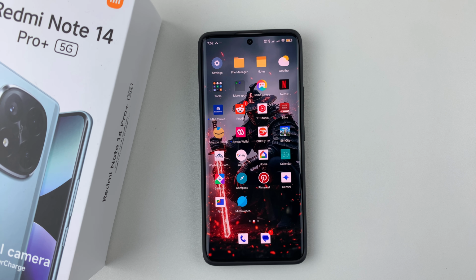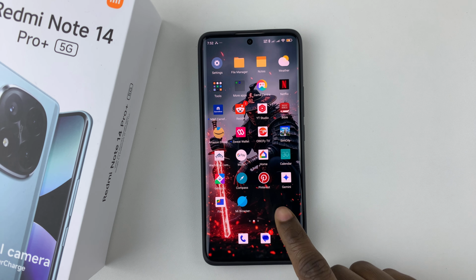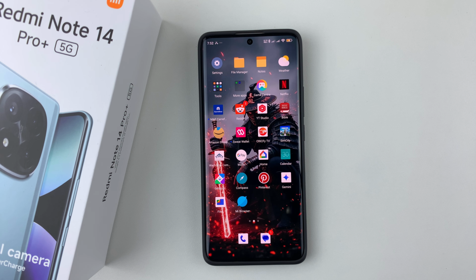Welcome back. In this video, I'll show you how to enable the caller name announcer on the Redmi Note 14. So I'm using the Redmi Note 14 Pro Plus, but the same steps should apply for the other Redmi Note 14 phones. So simply open the phone app on your device,